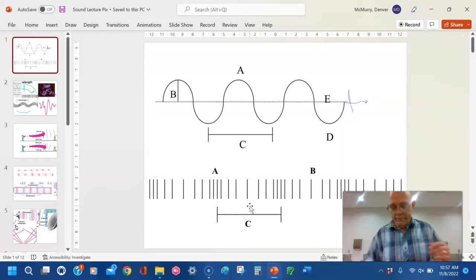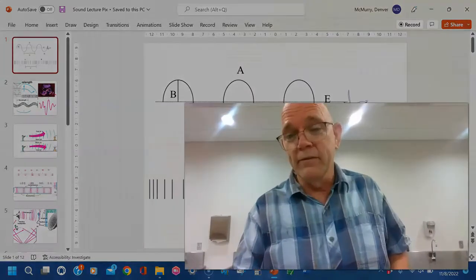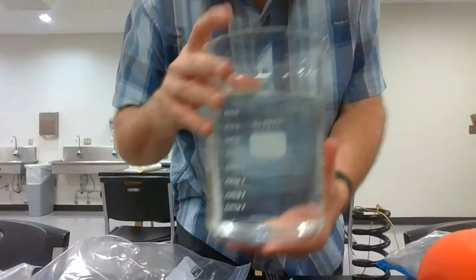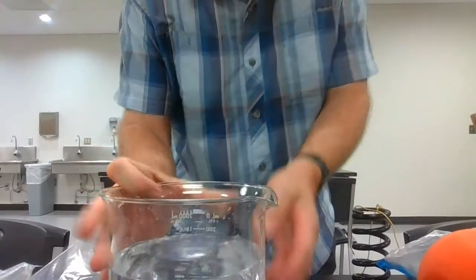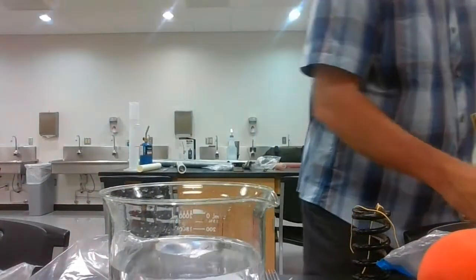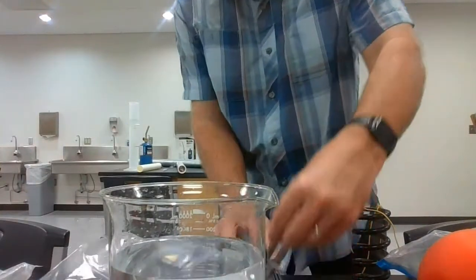Now, let's talk about some of these things. Basically, they are vibrations. They cause the thing to vibrate. Let's look at some of the things that we can use to make noise and sound. Once again, whether it's sound or noise just depends on the person. All right, so here we go. One of the things you may associate with sound, or you've seen before when I talk about sound, is a